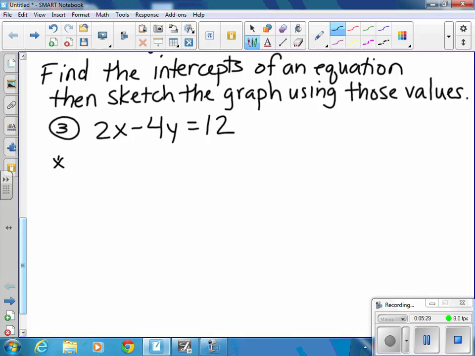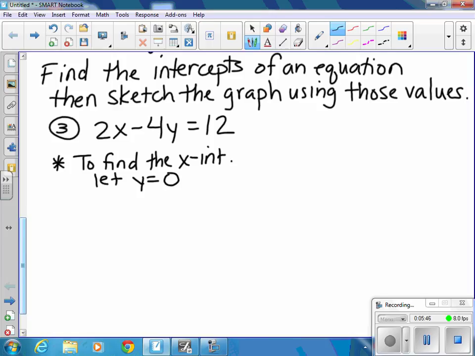So here's how this works, and it's pretty easy to do once you get the hang of it. It's just a matter of knowing when to put it in which letter spot. Okay? To find the x-intercept of any equation,